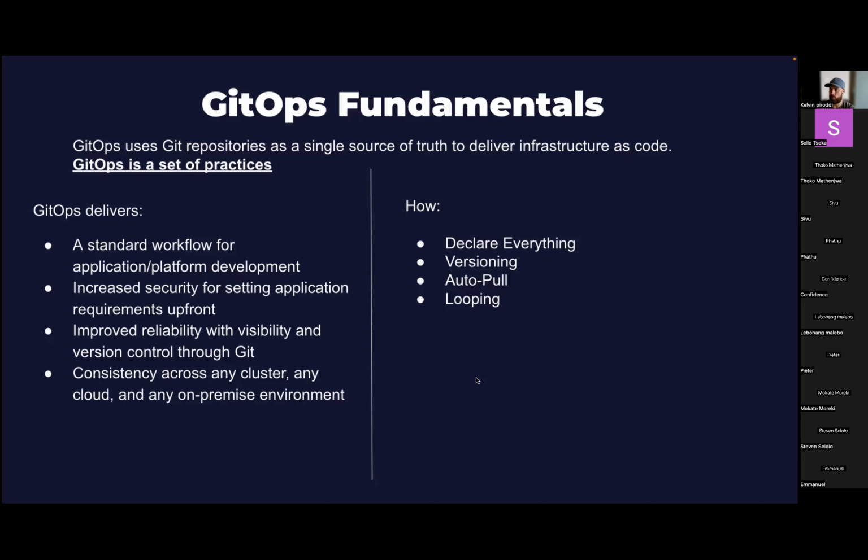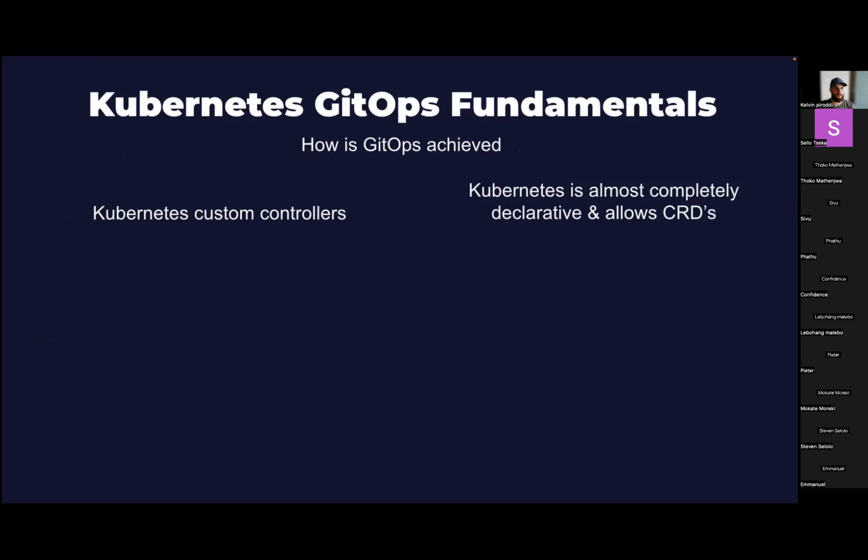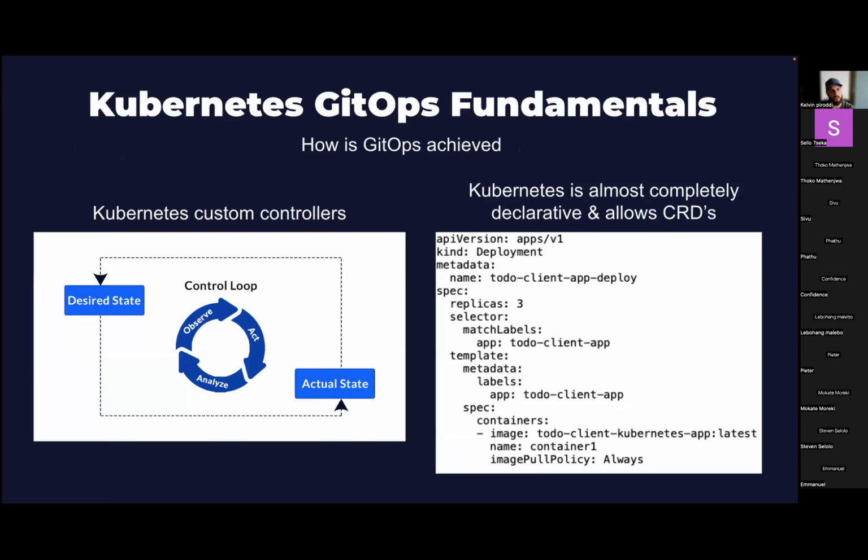So that is what GitOps is. It's a set of principles of how to deliver infrastructure as code. It was first coined, I think, in 2017 by a company called Weaveworks. They delivered a product called Flux, which is also a GitOps engine for Kubernetes, which is very similar to ArgoCD, but not similar. ArgoCD has kind of surpassed Flux, in my opinion. So how does GitOps work, and why does it work so well with Kubernetes?